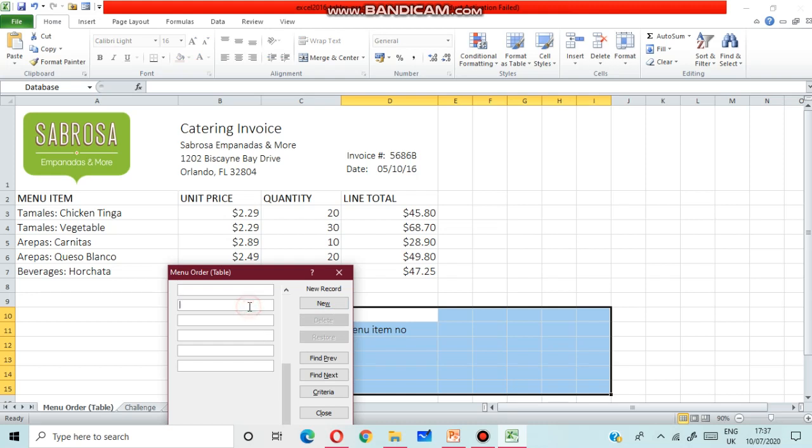Now the next record is P102. This is the code.